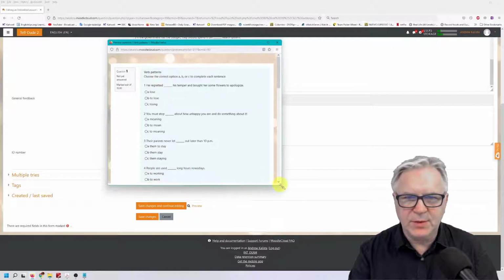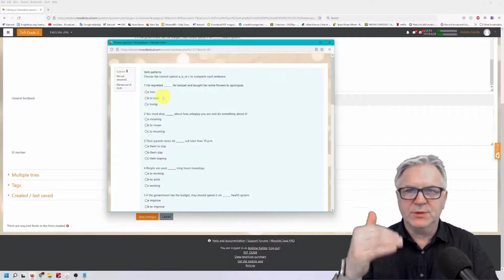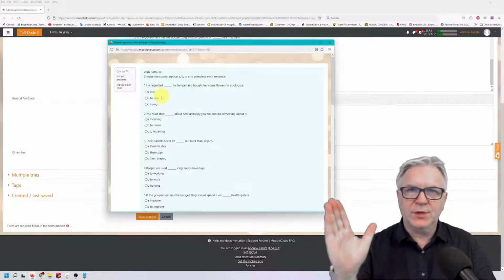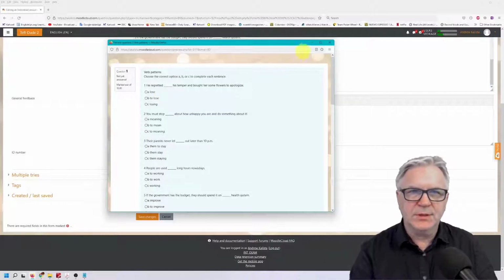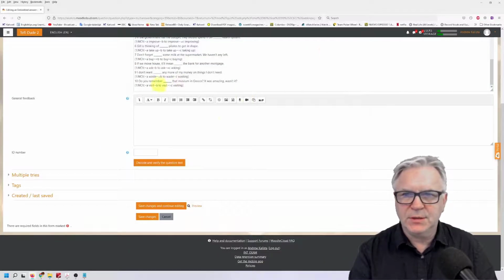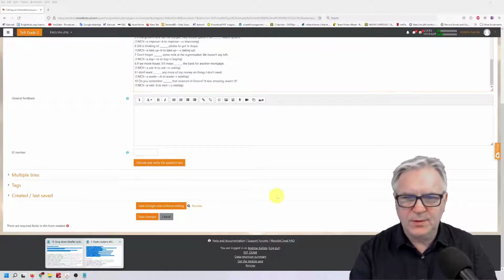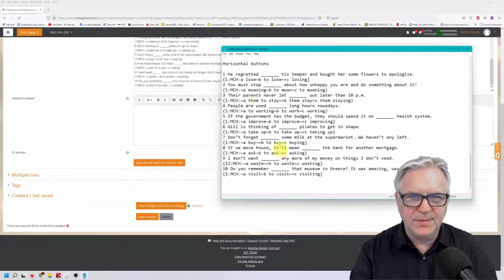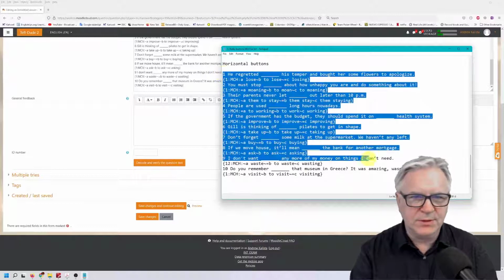And there's our quiz with the radio buttons going down. Should you want the radio buttons going across, simply convert the V to an H. Now, I've already done that here. So let's just copy this